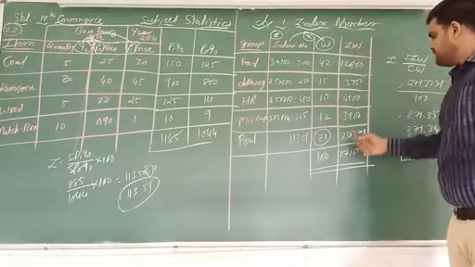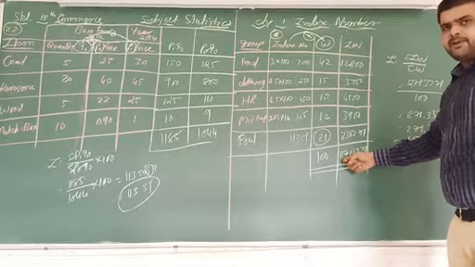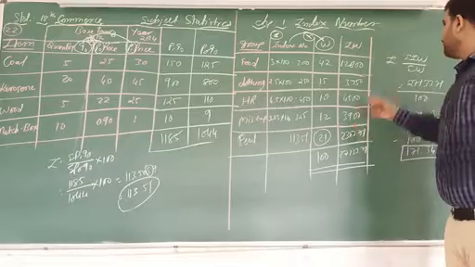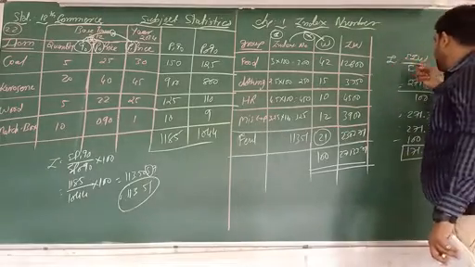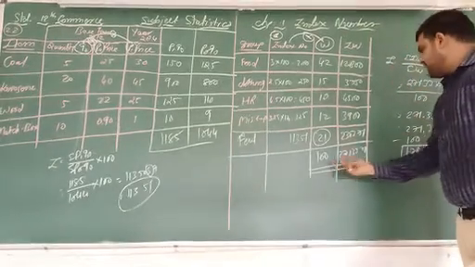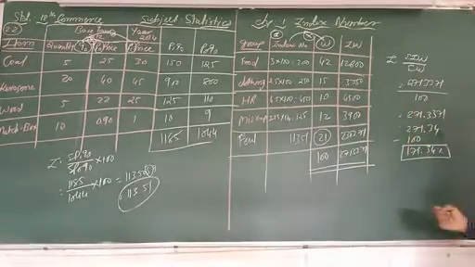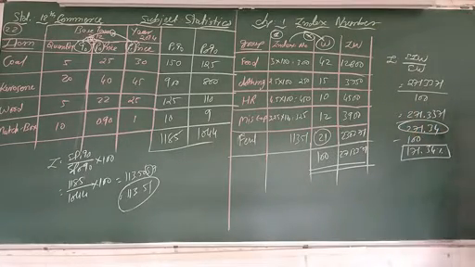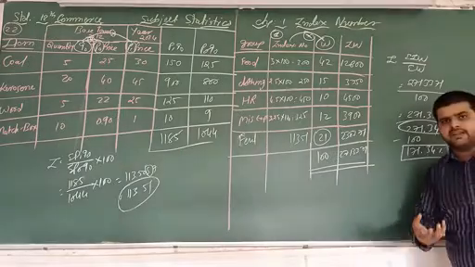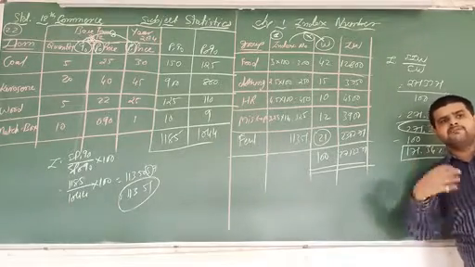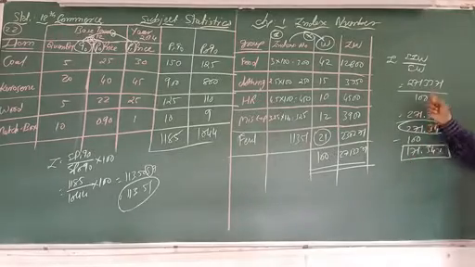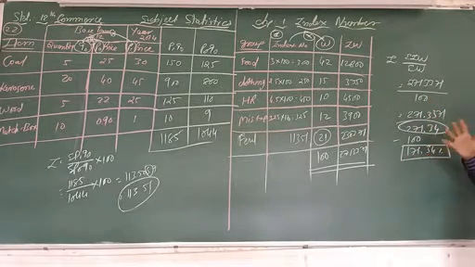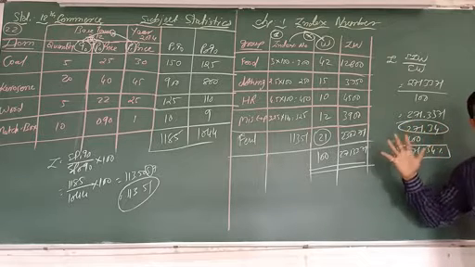So we get the answer of 27133.71. With the help of family budget, we have to find out the value. So what is the formula? Sigma IW upon sigma W. We have to put this value in this particular formula and get the answer, that is 271.34. As we know that general index number is 100, we deduct 100 from it, so we get the answer 171.34%. Okay, write down this in your notebook.